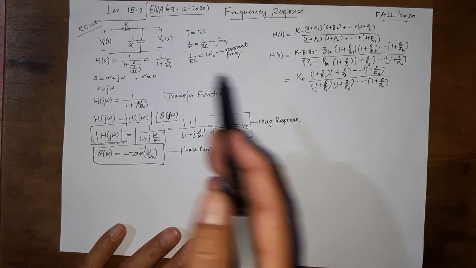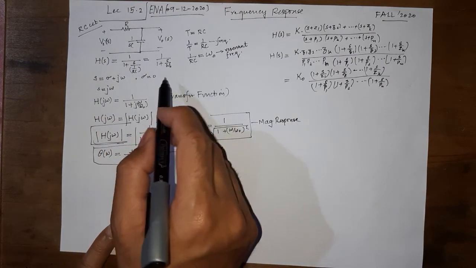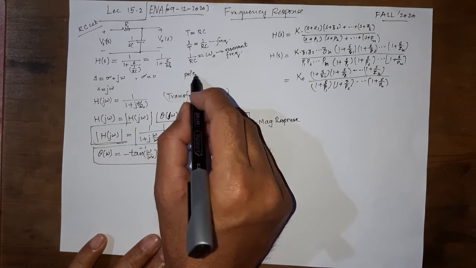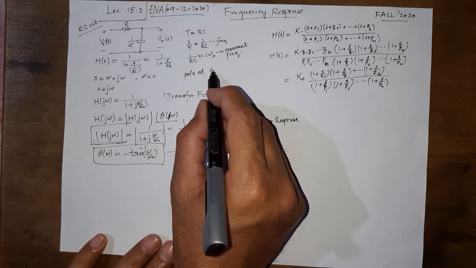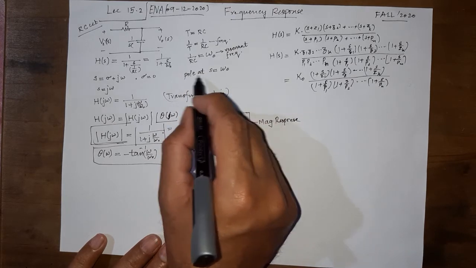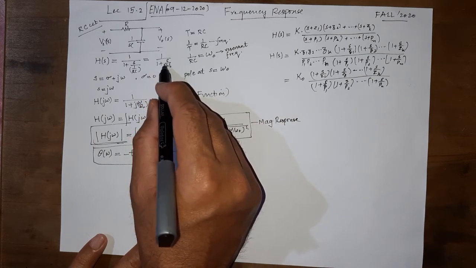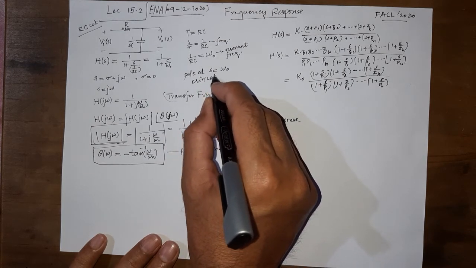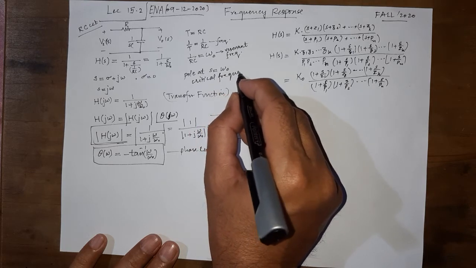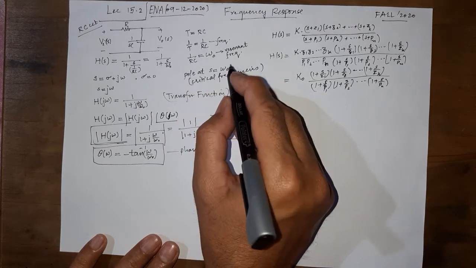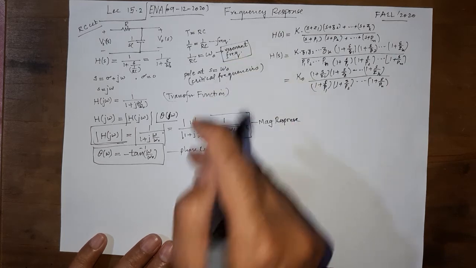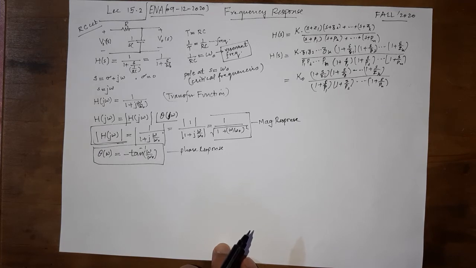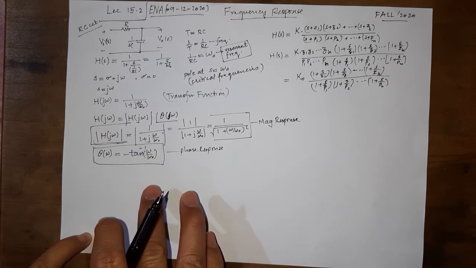or the denominator. Here you can clearly see that the H(s) that we are dealing with has a single pole, a pole at s = ω0, because of this factor 1 + s/ω0 in the denominator. This is also known as a critical frequency. Zeros and poles are known as critical frequencies in general, but in this particular question, this ω0 is also known to be the resonant frequency of this circuit. So I think it's clear up till now.